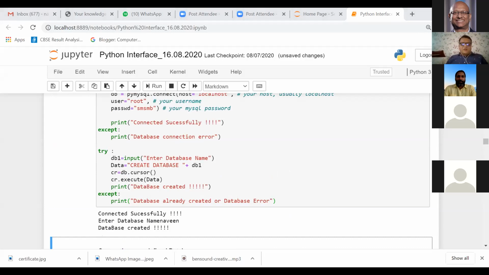I'm opening my MySQL screen as well so that I can simultaneously show you what is going on at the backend. So I'm going to MySQL. My password is entered and my MySQL is ready.